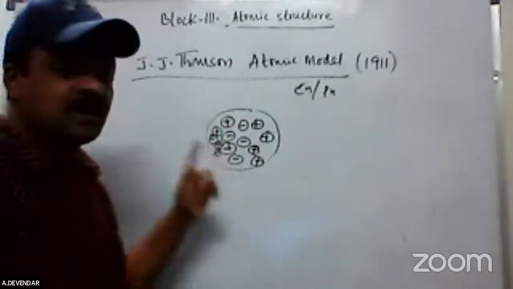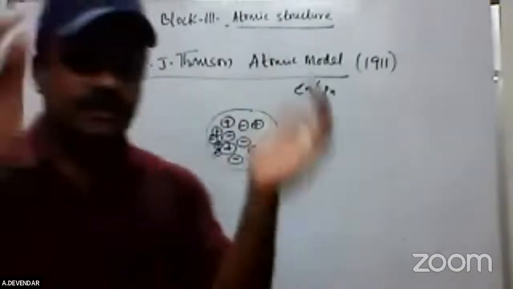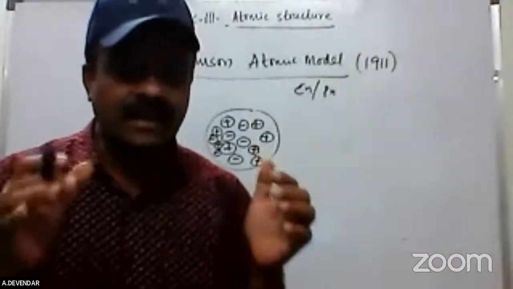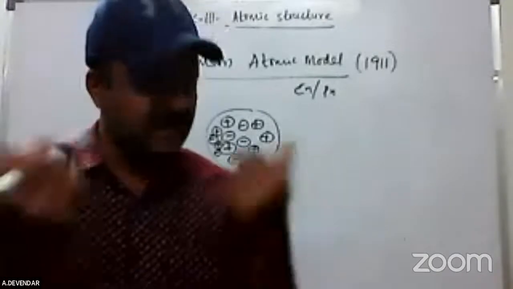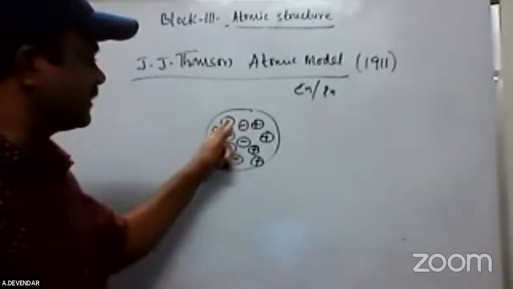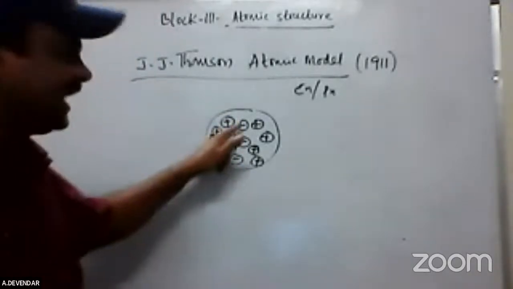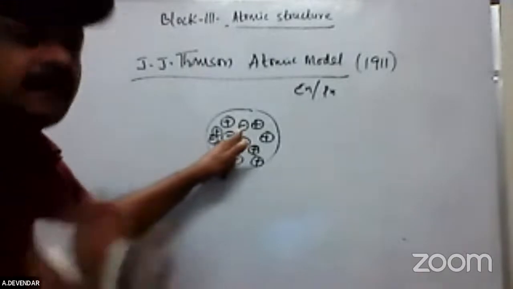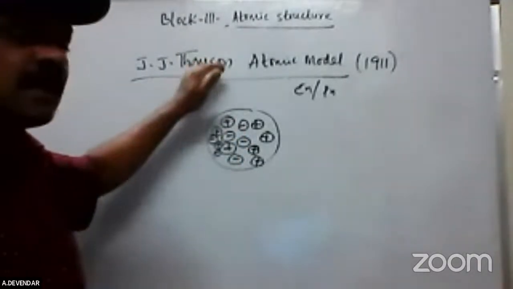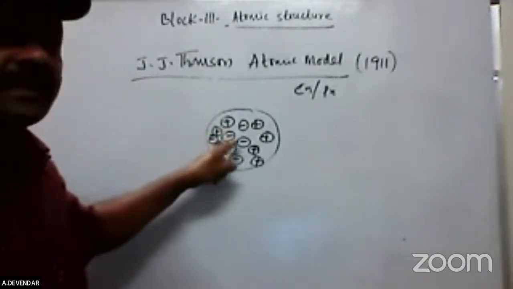This model is also called the watermelon model. He says it is like a watermelon. Watermelon is a spherical shape. The atom is spherical. Inside, the red spongy material which is eatable is called the protons. Proton is a positive charge. And the seeds are nothing but the electrons. He explained with the example of the watermelon model. That's why J.J. Thomson atomic model is also called the watermelon model, because the protons and the electrons are